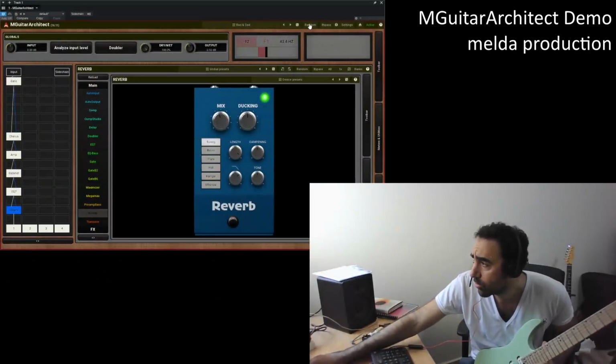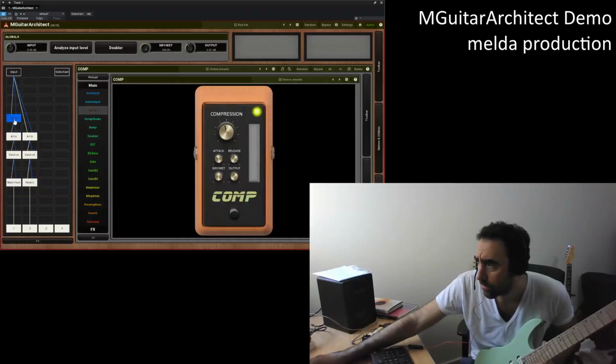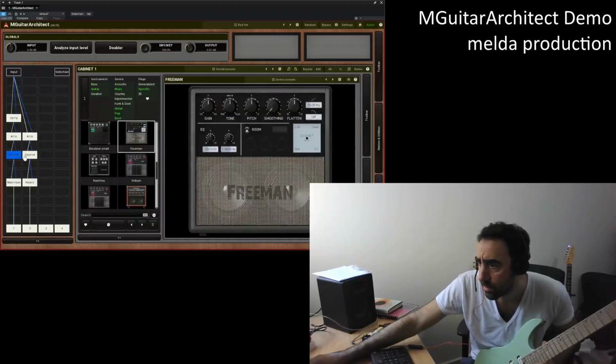Let's randomize one more time, for the last time, before we check out some independent stomp boxes and combinations. So hit the randomizer. Okay, so this time it's using the second slots also. So compressor to begin with, the first amp, second amp, cabinet,